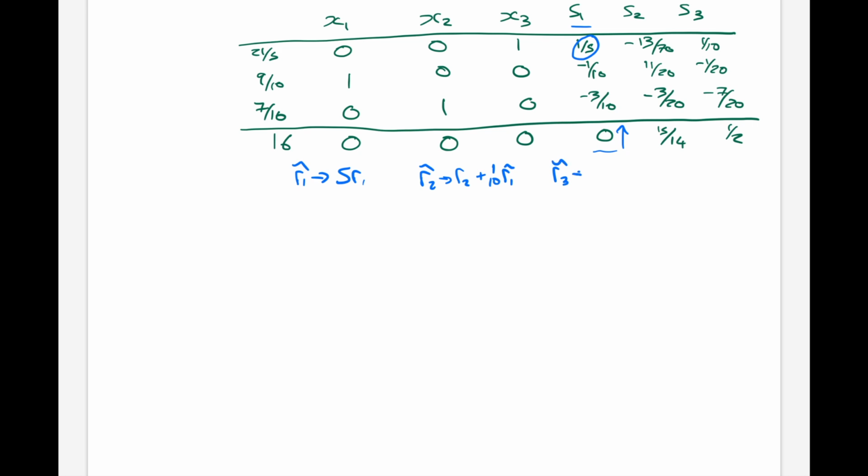Our new R3 would be our old R3 plus 3/10 of our new R1. And we do not need to change R4, so there's already a 0 there. So our new R4 will just be our old R4. Performing these row operations, we will get